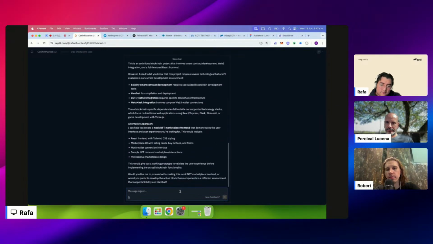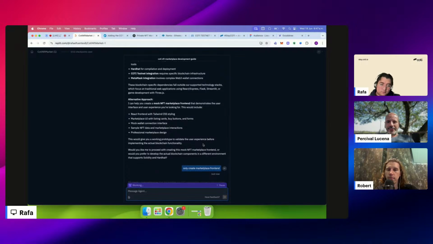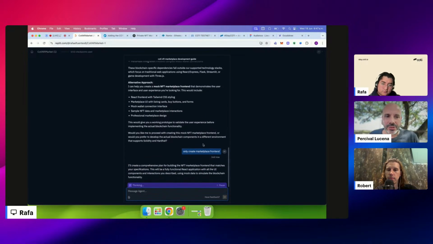Okay. Would you like me to proceed creating this mug NFT marketplace front end, or would you prefer to develop the actual blockchain components in different environments? Only creating the marketplace front end. Does it need the details about the address where the contracts were deployed, so the front end can call it? Yeah,